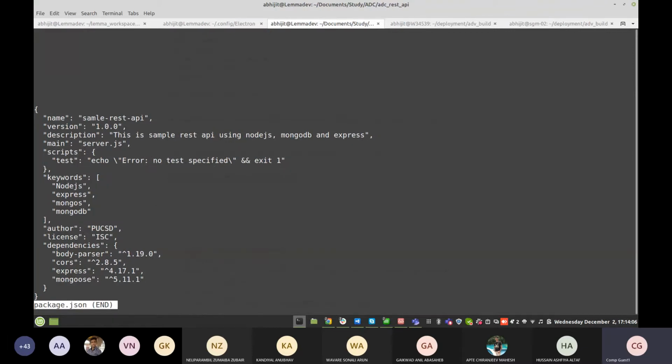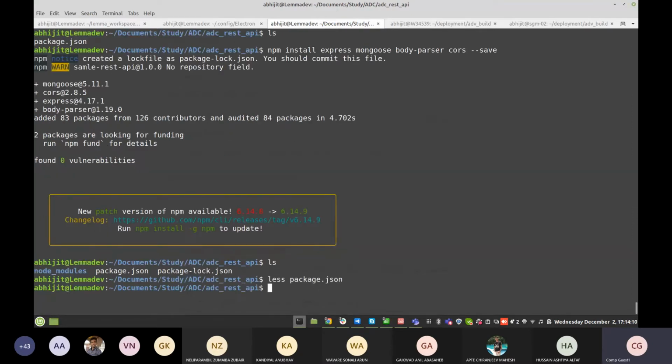Whenever you release your project, you cannot push the node modules into the repository because they take a lot of space. That's why we push only the required package list into our repository. After that, whenever you pull that project into your local machine, you just run the command npm install. Automatically, whatever dependency packages you mentioned in package.json are created in your local directory.